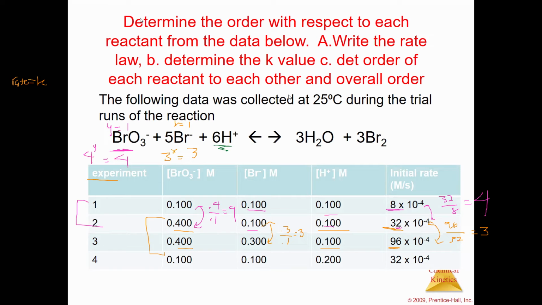Trials 1 and 4, yes, I think those work. So BrO3 is the same from 1 to 4. Sometimes there are multiple trials that will get you the same answer. If there was another one where all of them were the same, that's totally fine. 0.1 and 0.1 are still good to go, but this doubled. Perfect. So we'll take 0.2 divided by 0.1. That gives you 2. So 2 to the z